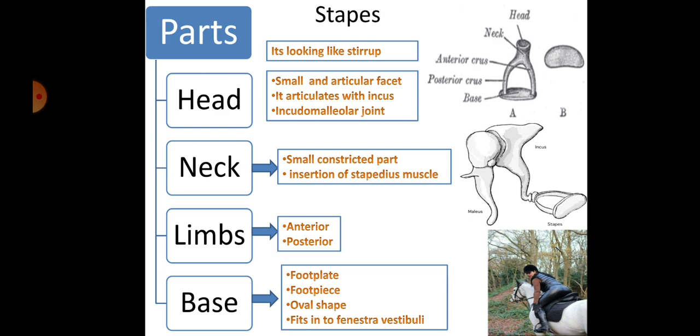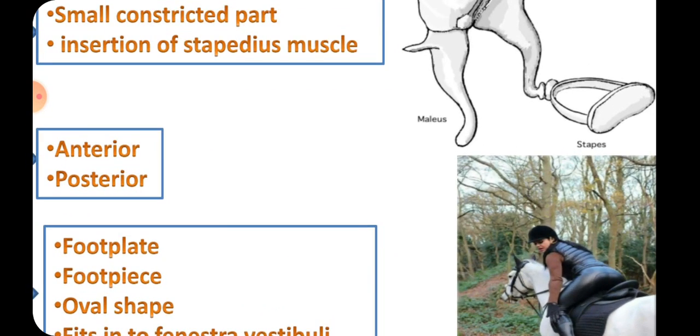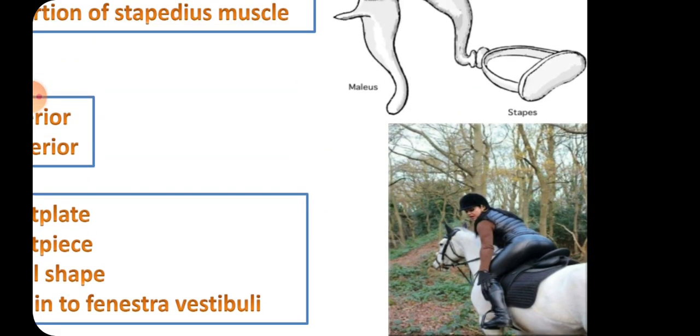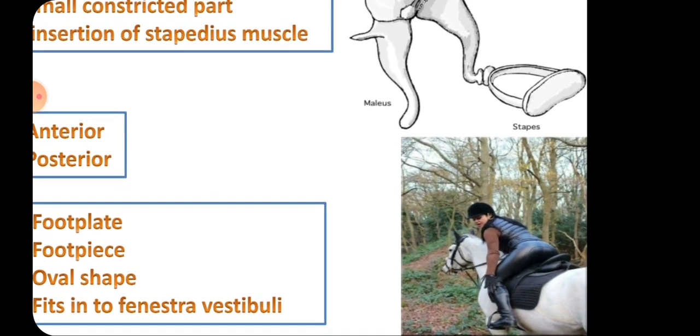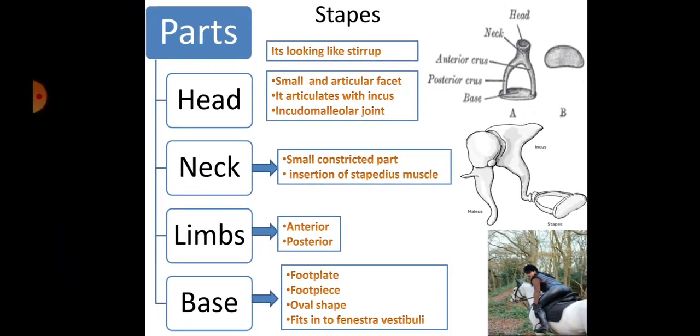Stapes is the smallest bone in the body. You should remember, it may be asked in the viva, which is the smallest bone in the body. So that is called the stapes. It looks like a stirrup. A stirrup is what riders of a horse keep their foot on. That part where the foot is kept looks like this, and the two resemble each other. Because of that reason it is known as stapes. Stapes looks like a stirrup.